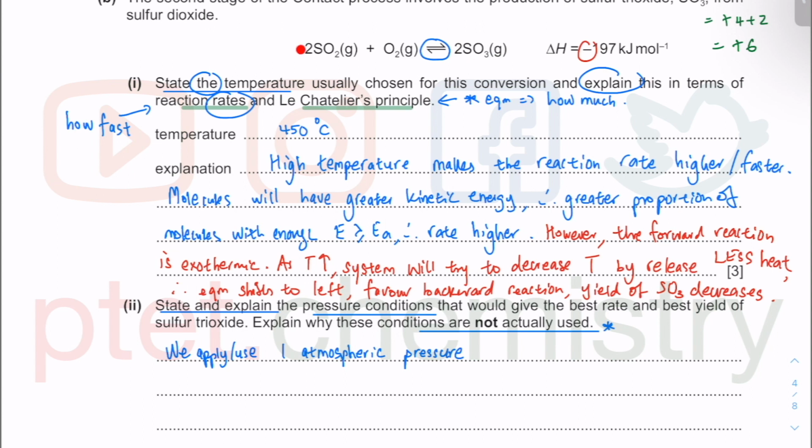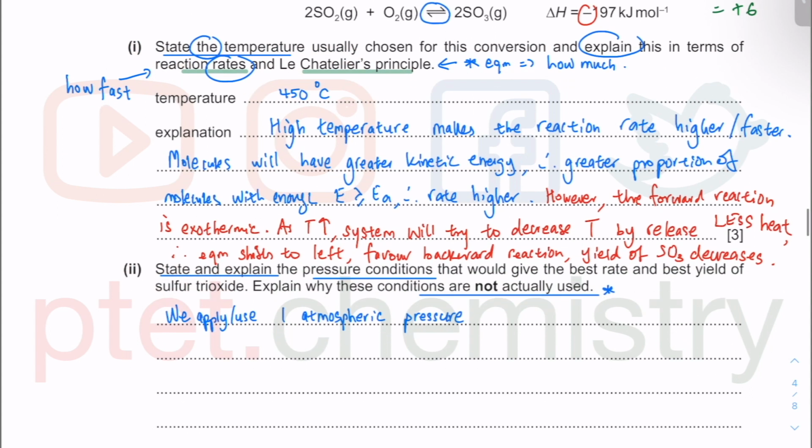So despite 3 moles of gas on the left, 2 moles of gas plus 1 mole of gas, and 2 moles of gas on the right, 1 atmospheric pressure is good enough to actually produce a high enough yield of SO3. So we apply and use 1 atmospheric pressure. That is your condition. So in terms of rate,